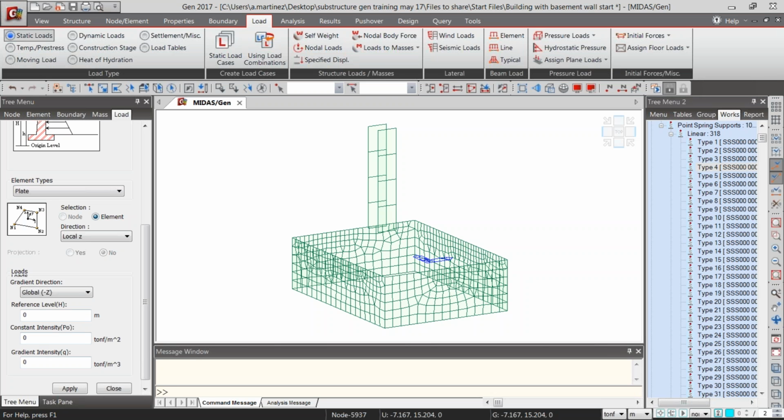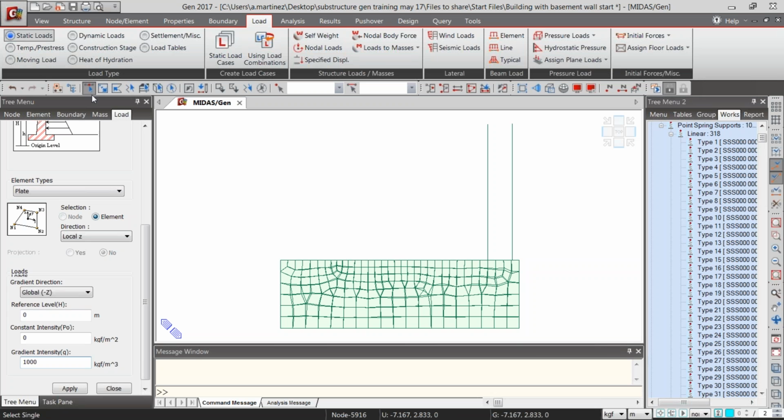And then you have what is called here the constant intensity. So this would be like a surcharge. And then the gradient of intensity would just be the density of whatever is creating this load. In this case, it's water. So we can change the units to kilogram force per cubic meter, and it would be 1,000. And from there, we would just select all of our